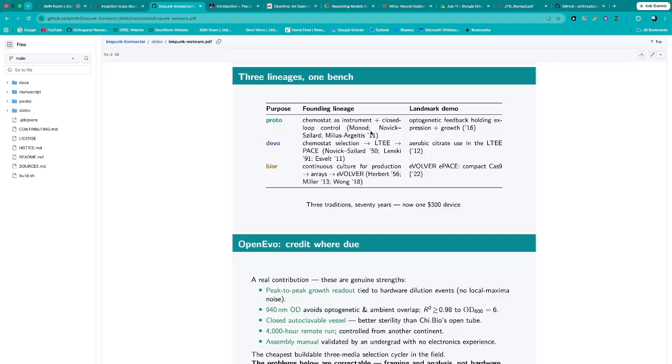They have a long history. Then from about 2018 to 2022, there were a bunch of papers